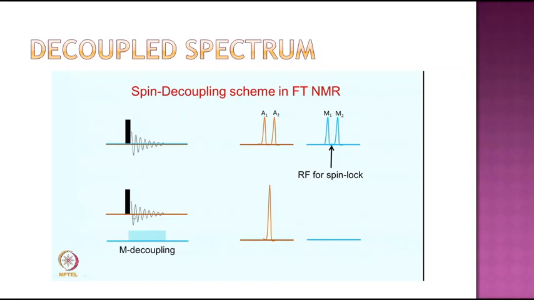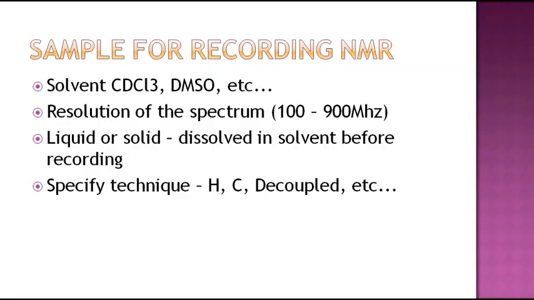Similarly, if this proton is irradiated separately and that proton is recorded, this proton is not allowed to relax and that proton is recorded. Therefore, you will get a signal, the multiplicity is avoided, and you get the number of signals in the compound. You can get a clear spectrum, with some clarity on the number of signals.